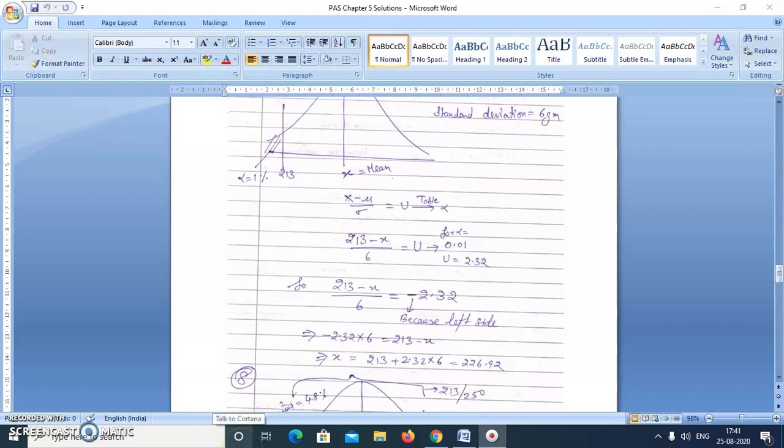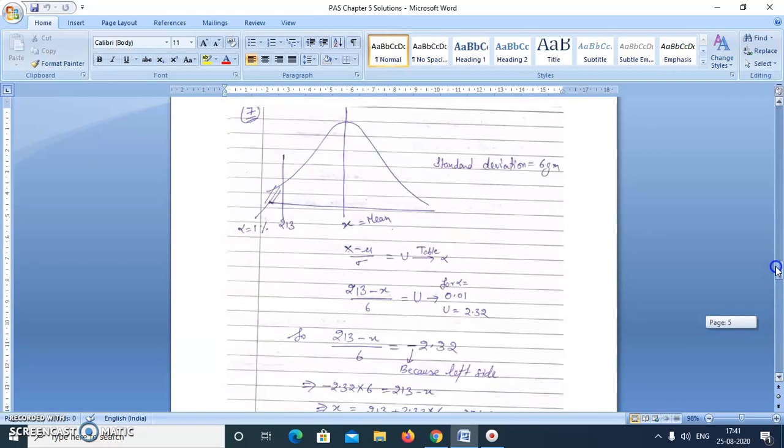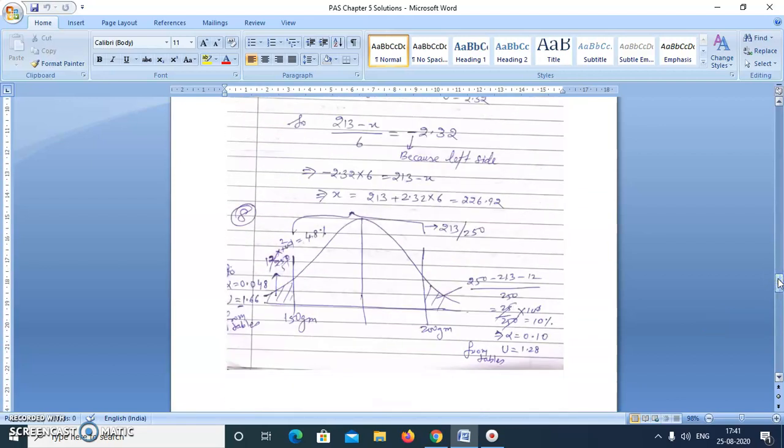Now we'll move on to question number 8. Question number 8 is, a mass of 150 gram was hung in turn from 250 pieces of a certain yarn, and 12 of the pieces broke. This question is also based on normal distribution. So we'll first draw the bell-shaped curve, and we can see from this that at 150 grams 12 out of 250 pieces, so we'll just calculate the percentage, that is 4.8% of the total yarn samples are broken at 150 grams.